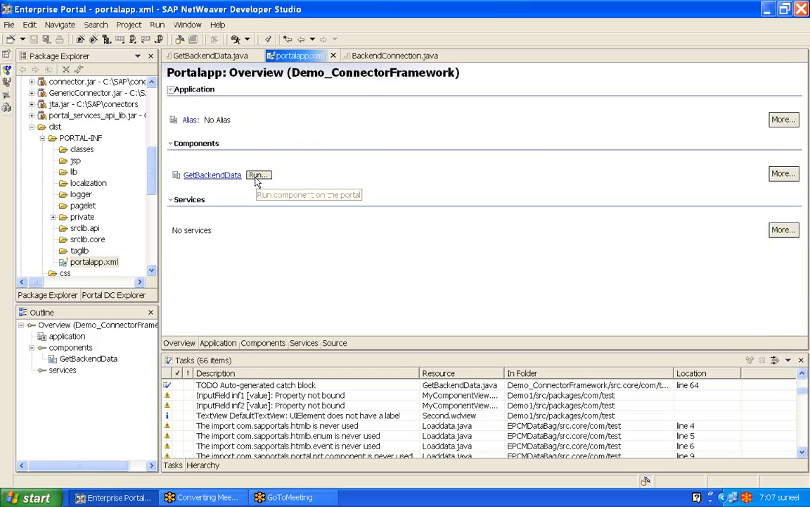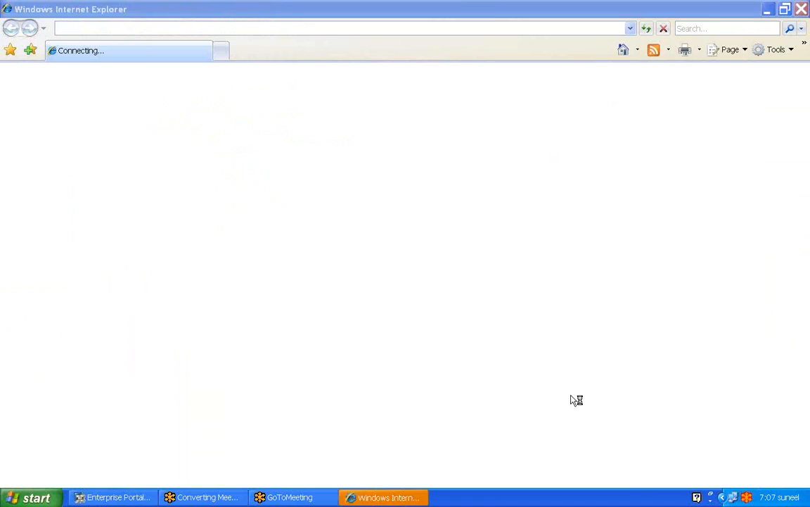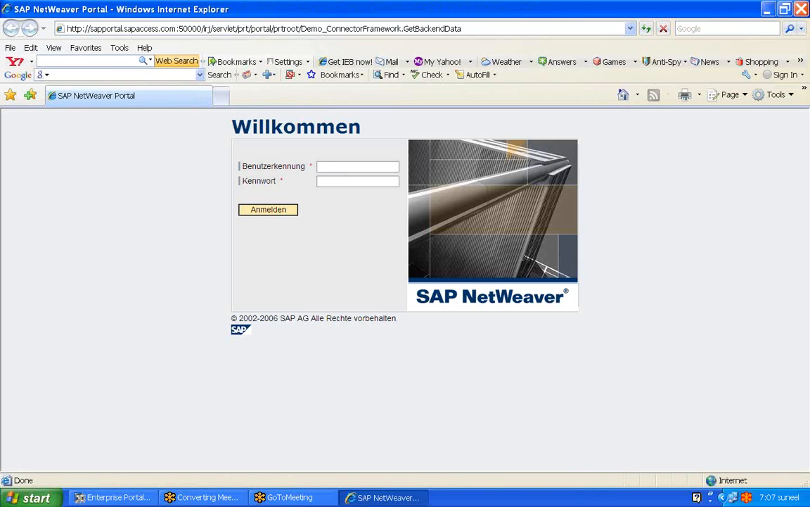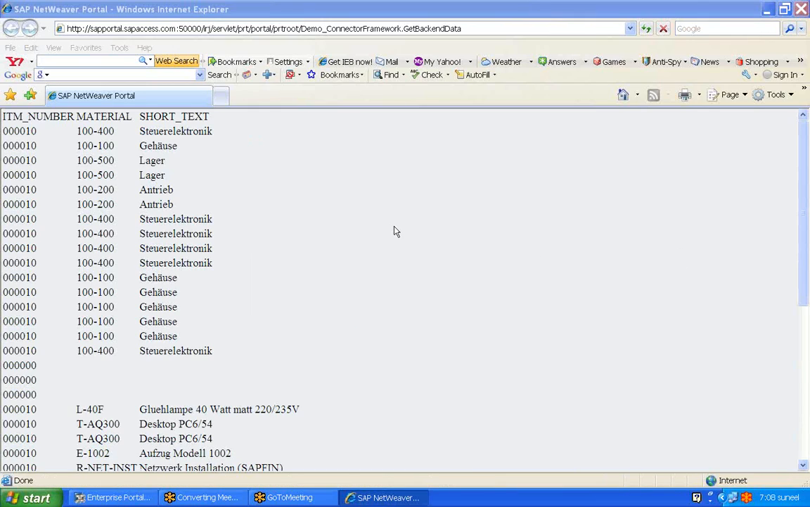And so it prompts you to enter your user ID and password of the portal. And that's the output. I can see here the field names and the